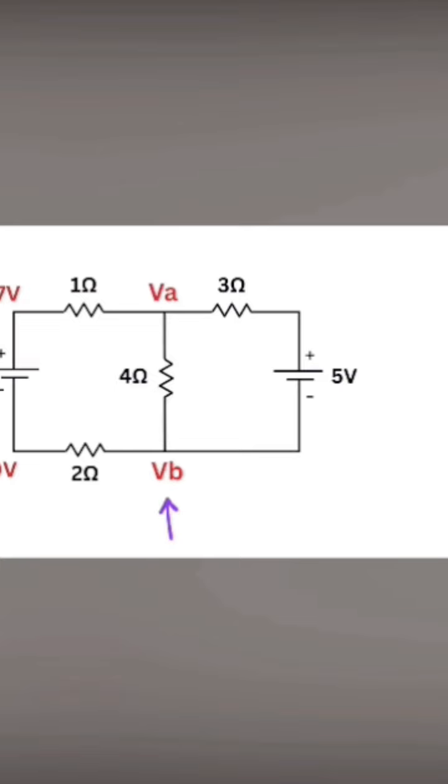Now if this is V sub B, so this will also be V sub B, because there is nothing here except wire, whose resistance is assumed to be 0. Then here we have plus 5 volts, and therefore this node will be at V sub B plus 5 volts, right? Next, we apply KCL at each